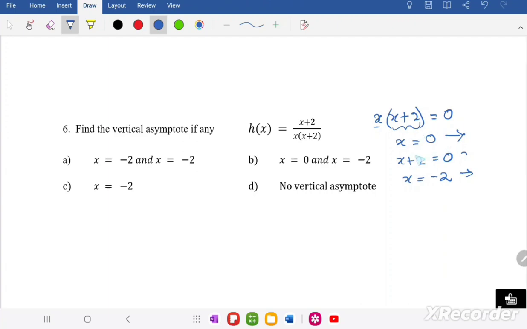Now x equal to 0 is the y-axis essentially, all right? And x equals negative 2. So there are two vertical asymptotes. So B is the right choice. The first one, A, is x minus 2 and x minus 2. Now, they both are the same. So this is not valid. x equals negative 2. Now, no vertical asymptote is also not correct. B is the right choice. x equal to 0 and x equals negative